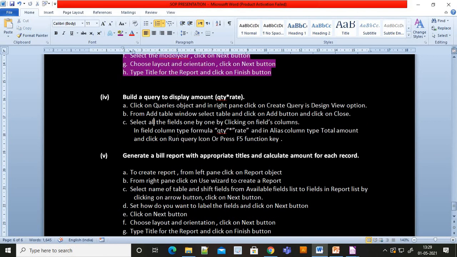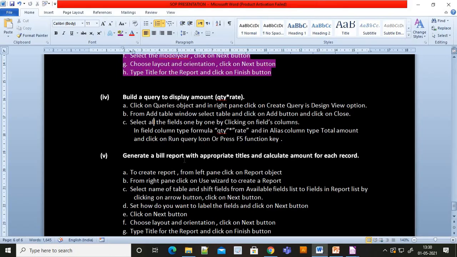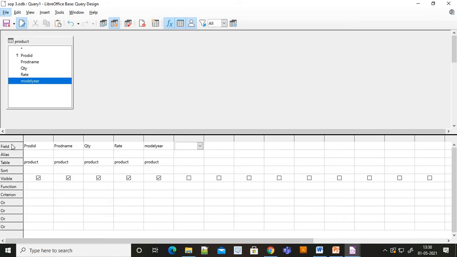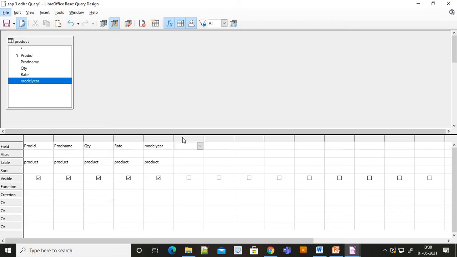Now in the field column, type the formula quantity into rate. Here is the new column I have to create. In the field column, here I have to write quantity into rate.